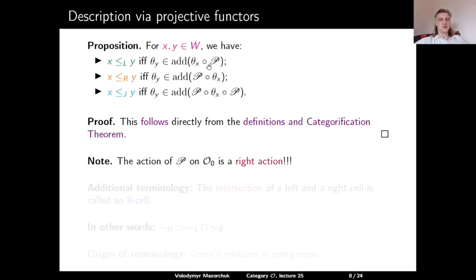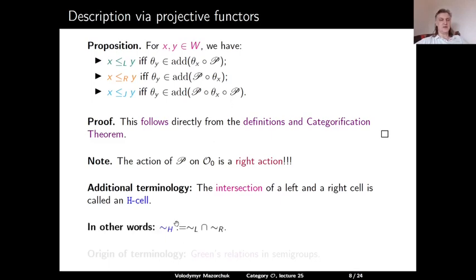So it corresponds to a right ideal in some sense. And the right equivalence corresponds to a left ideal in some sense. So this signifies the right nature of the action of P on O0. Additional terminology: the intersection of a left cell and a right cell is called an H cell. So in other words, we can define the equivalence relation equivalent H as the intersection of the left equivalence and